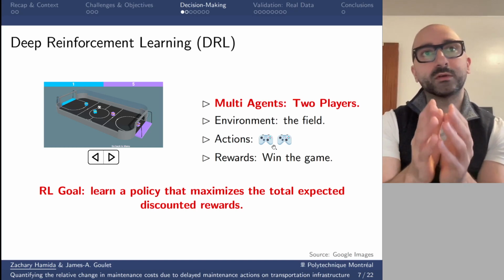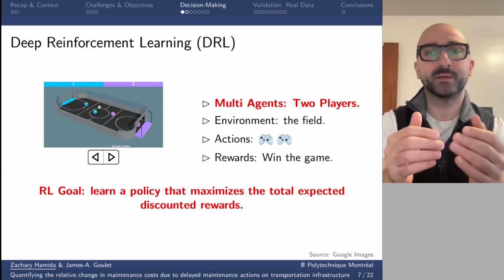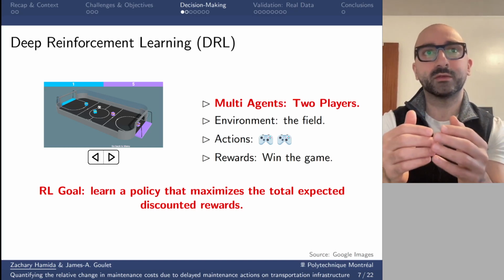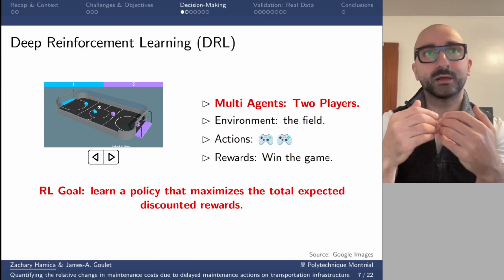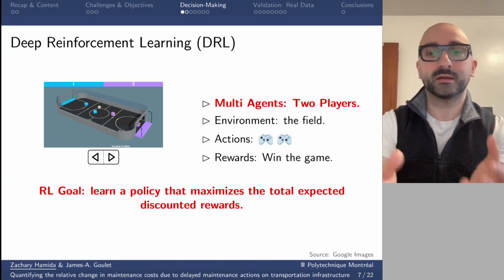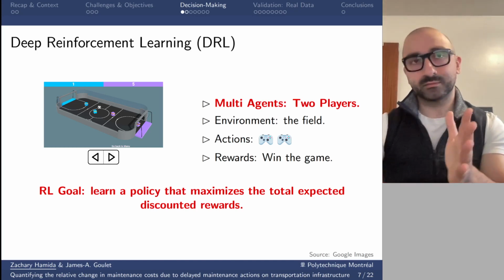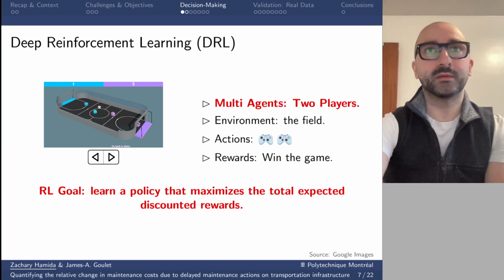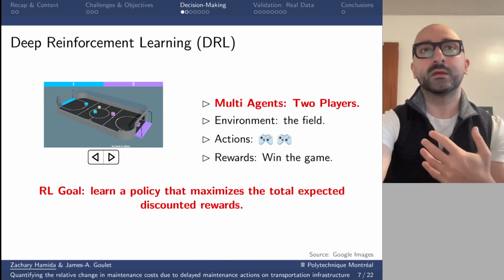So for this particular game, it becomes more complicated because now the agents need not only to win on their own, but also to learn to cooperate. So the policy becomes a little bit more complicated. Now I'm going to justify why I'm bringing up multi-agent reinforcement learning, but first I want to draw the analogies to